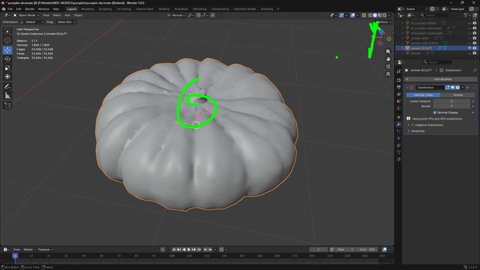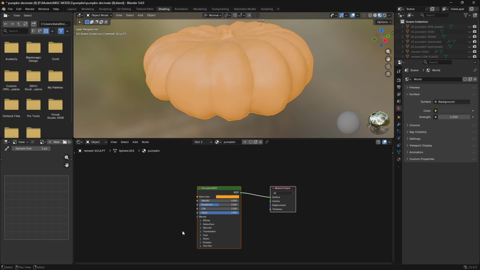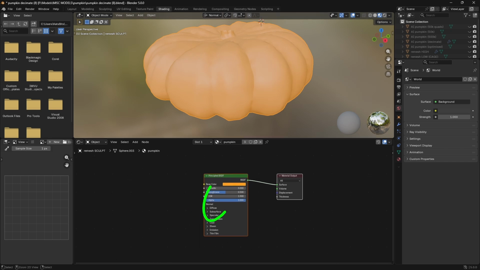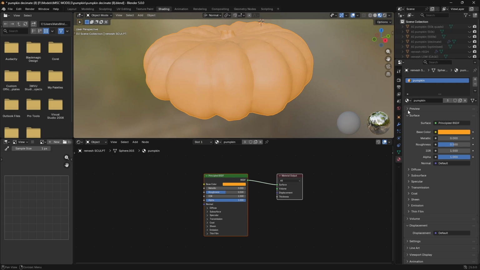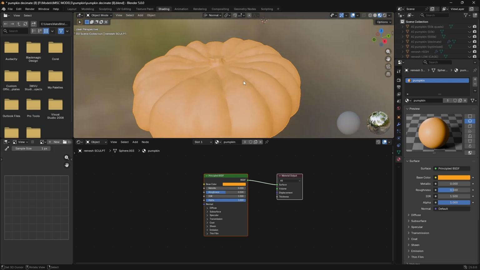So this just confirms that the vertices are painted, but they are not visible on the mesh. So we need to go into shading workspace. And here, so there is our mesh. We've got a basic material assigned to the object. The only thing that's associated with this mesh right now is the base color. So what we need to do here,